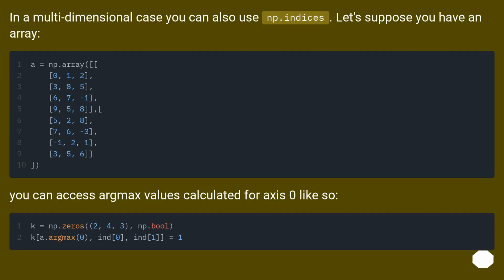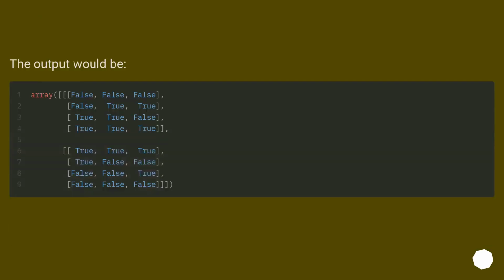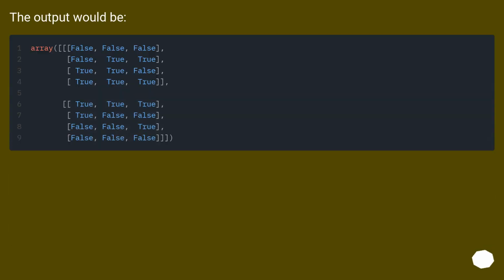In a multidimensional case, you can also use np.indices. Let's suppose you have an array. You can access argmax values calculated for axis 0 like so. The output would be